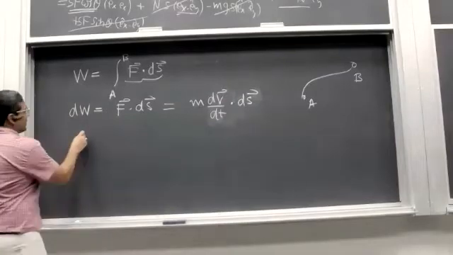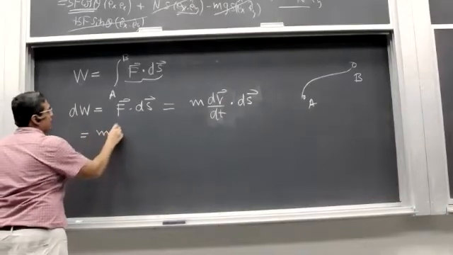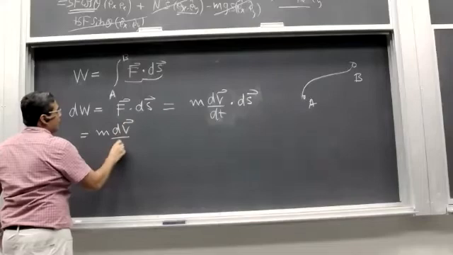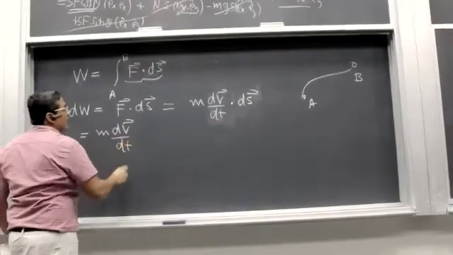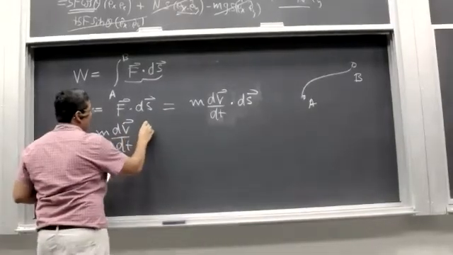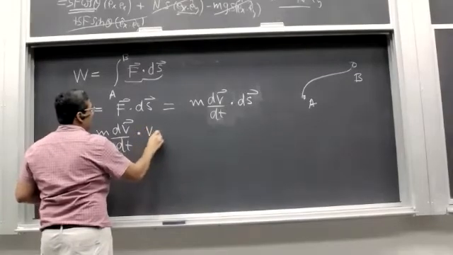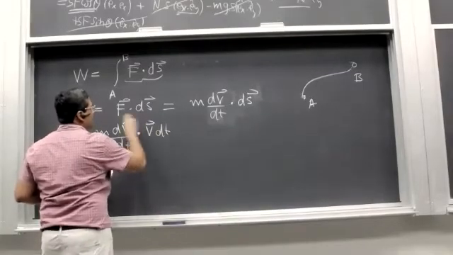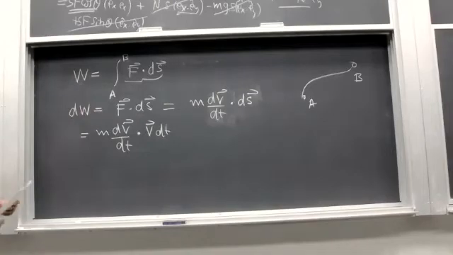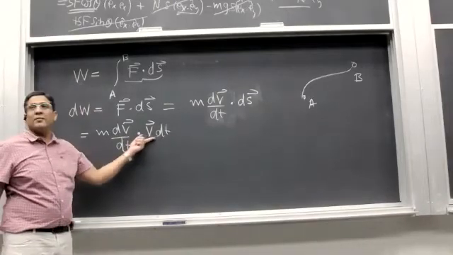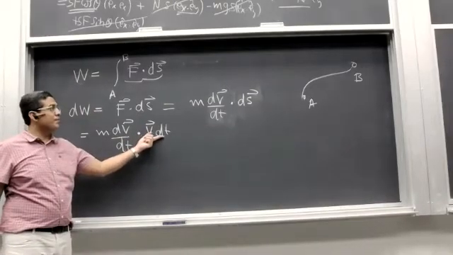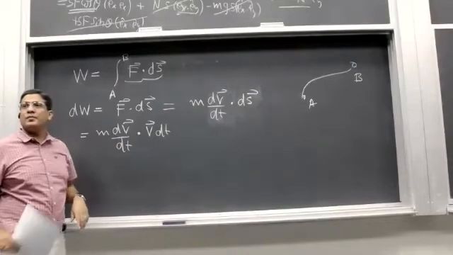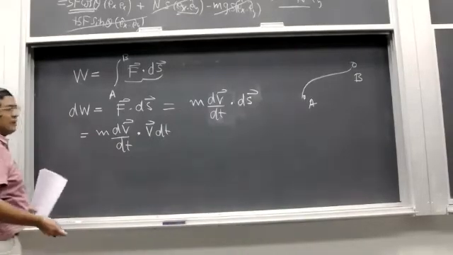Can we also write it like this? m dv over dt, and then dot product v dt. Can we also write that? Can we write ds as v dt? Yes. All right. So